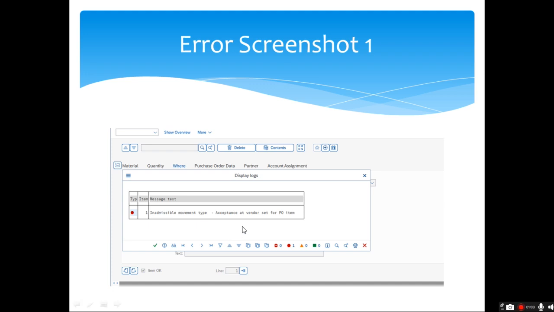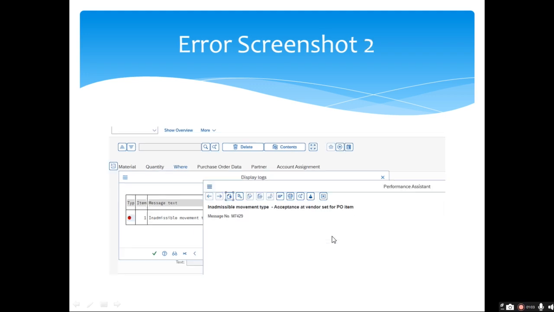If you see this error screenshot, it clearly shows he is trying to perform goods receipt, but during goods receipt he is facing this error: inadmissible movement type - acceptance at vendor set for PO item. Then we have to ask the user to provide the long text description of this error. So if we ask the user to provide it, then here you can see the long text information of this error message: inadmissible movement type acceptance at vendor set for PO item,